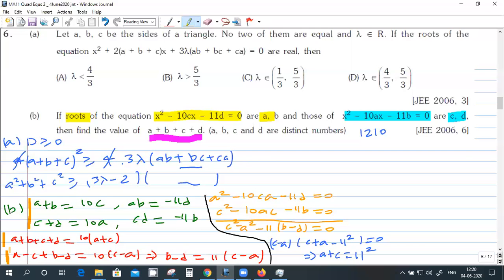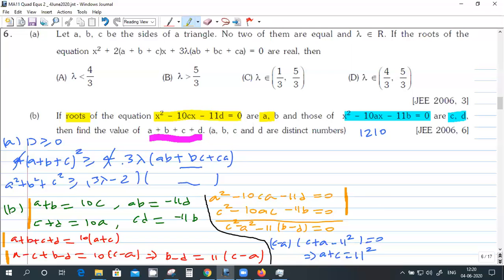The motivation for me to do the last step is I got A plus C as something, right? So I was thinking, if I get A minus C as something, then from that I can find A and C. So that's my motivation for going to the next step. But the step was correct, but the thinking was not correct.